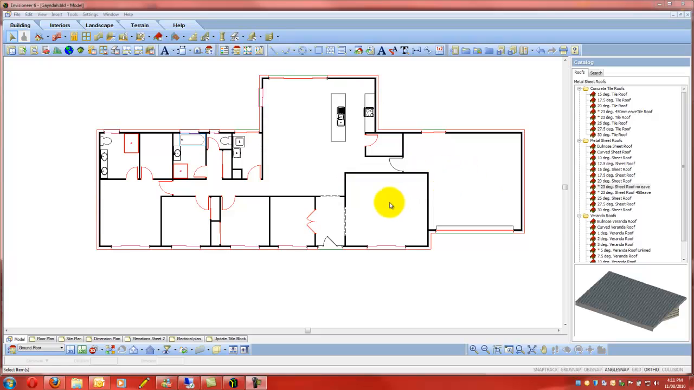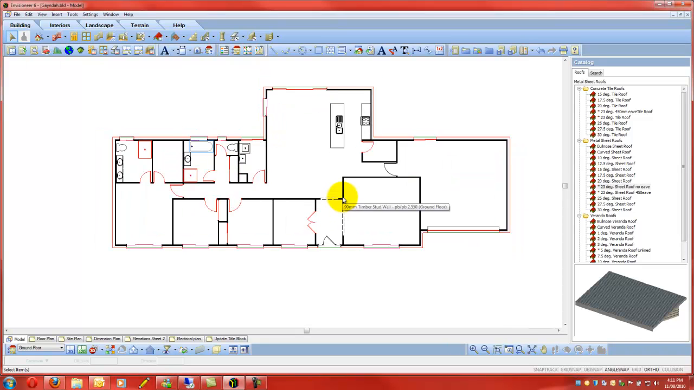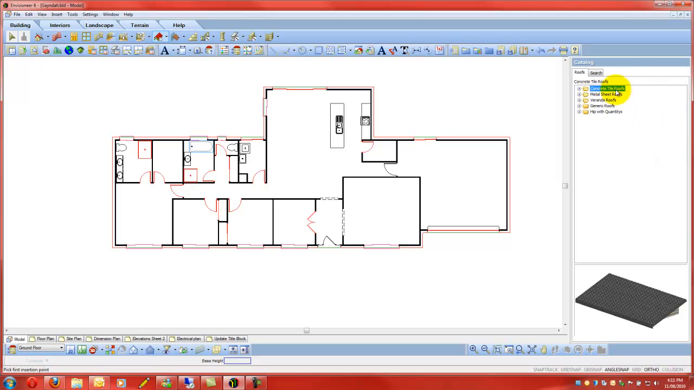Righto, now we're going to put a roof on our house. Now roofs are pretty easy. If you go over here, I'll just collapse all this. We've got concrete tile roof, we've got metal roof, veranda roofs, generic roofs. I never use that. They just happen to be there and left over from an old catalogue that's been through